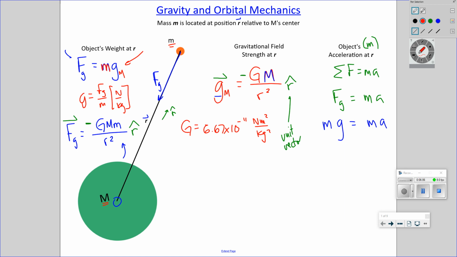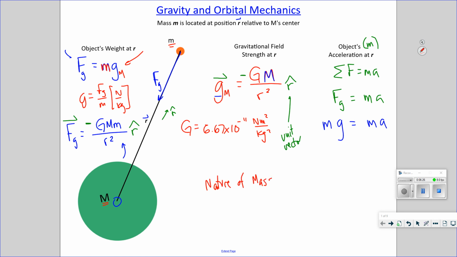And what we're used to doing is just saying zip, zip, same m, okay, good, except it's worth pointing out some intricacy here. That intricacy is that we're talking about two different aspects of mass, two different aspects of the nature of mass. So the nature of mass, maybe I'll sidebar here, is that mass does two things.